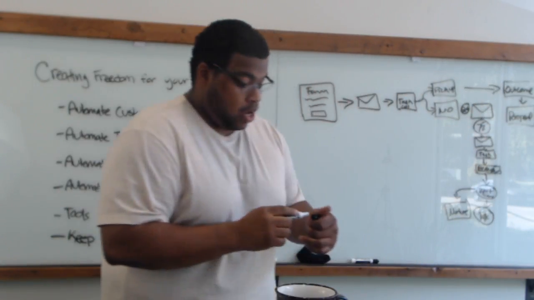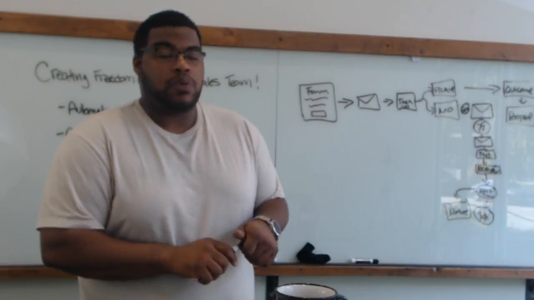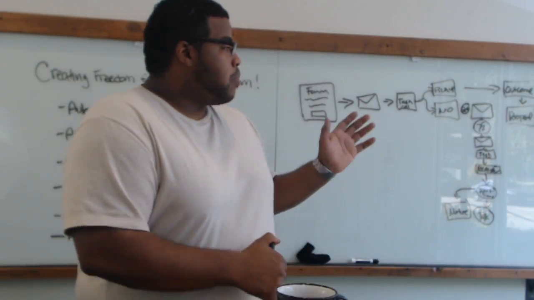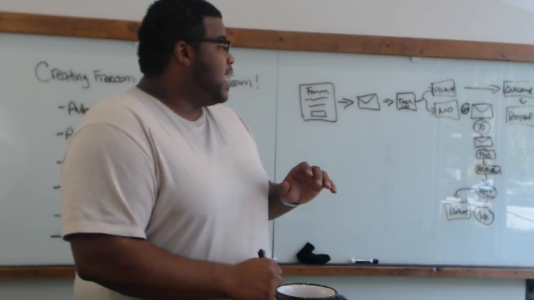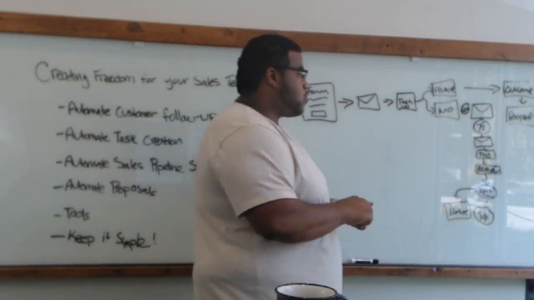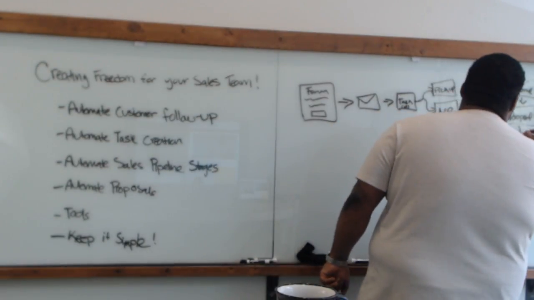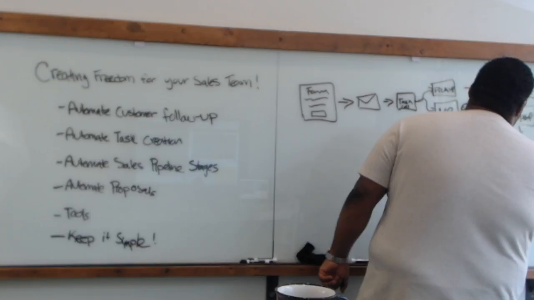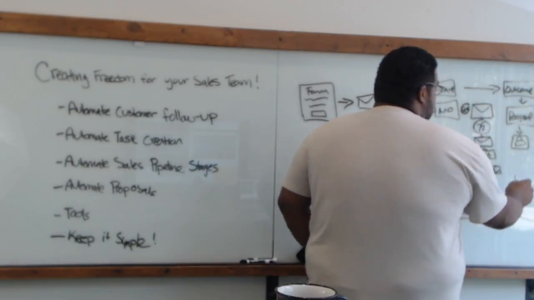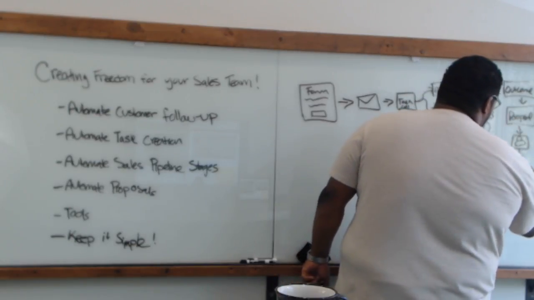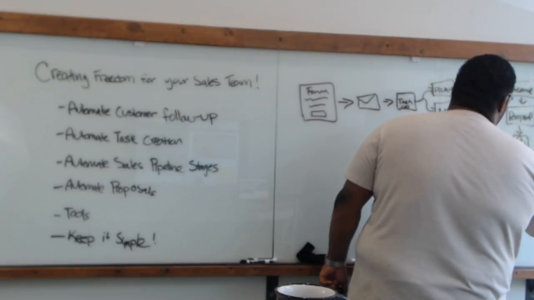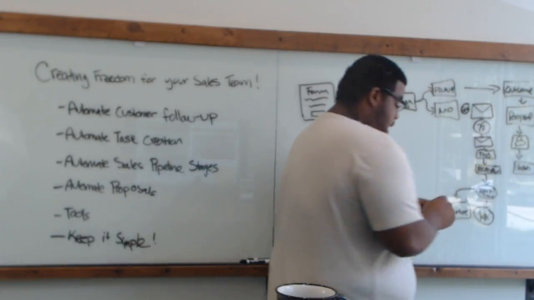Sorry guys, I'm writing all my stuff because I know it's going off of the screen. I don't want to cut it off too much. So in this case, we're sending out a proposal to the customer, and we want to assign this to somebody. Let's say we have a different department that creates proposals, right? So we want to assign, get rid of my drawing, guys, don't judge me here. So you're going to assign that to somebody, and you're going to wait for a status update.